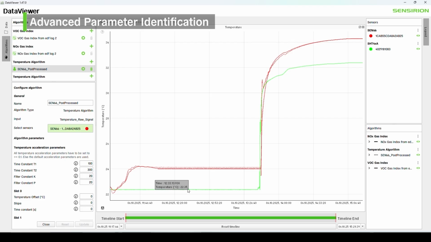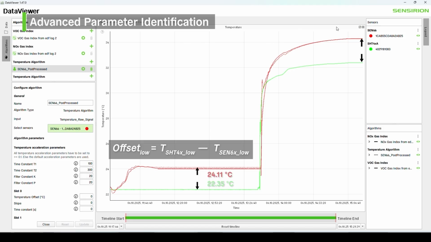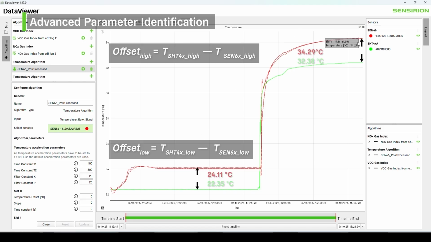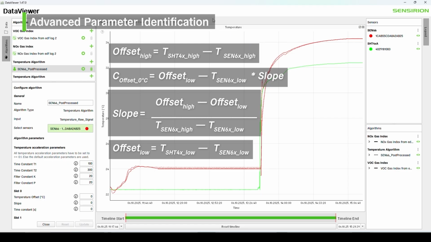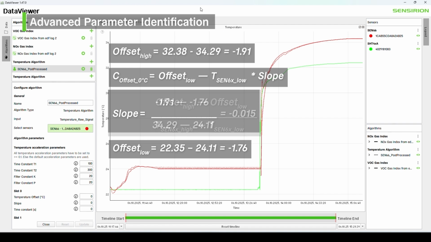If you followed the Advanced Parameter Identification method, using 2 environments, the offset parameter is defined differently. You'll first need to determine the individual offsets for each chamber. Then with those offsets determined, calculate the offset parameter using the following formula. It incorporates a slope parameter, defined as shown here. To make things clearer, we've included the values from our example data. Since the device typically exhibits a slight over-temperature compared to ambient conditions, the offset parameter should be negative. The slope parameter can be either negative or positive and is typically less than 0.1, depending on the data.